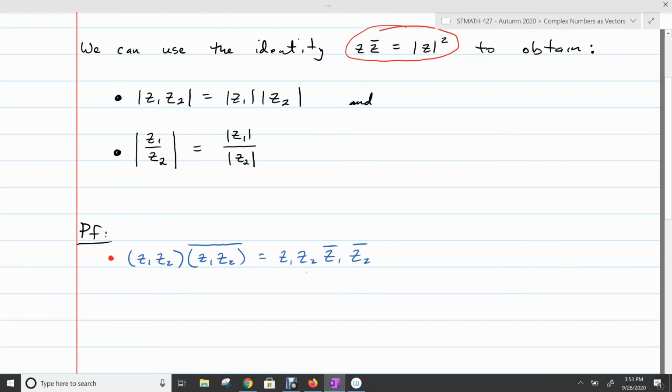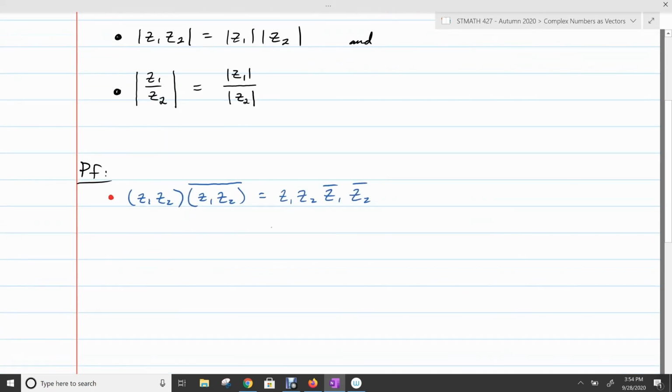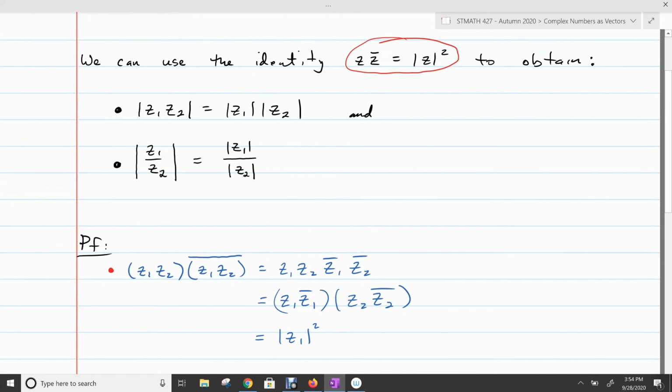Then you can shuffle things around a little because you have commutativity in multiplication. So you can write this as z1 times z1 conjugate times z2 times z2 conjugate, which in turn is modulus z1 squared, because of that property in red up there,